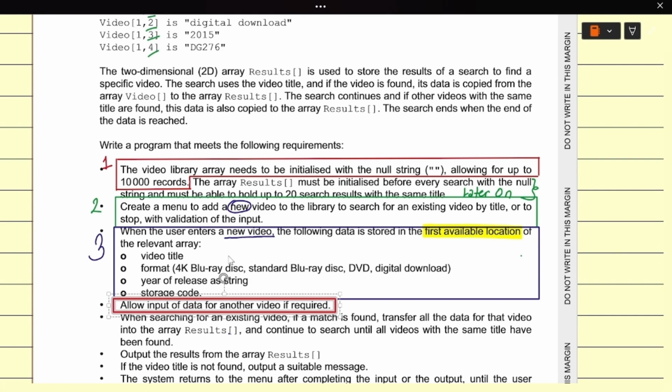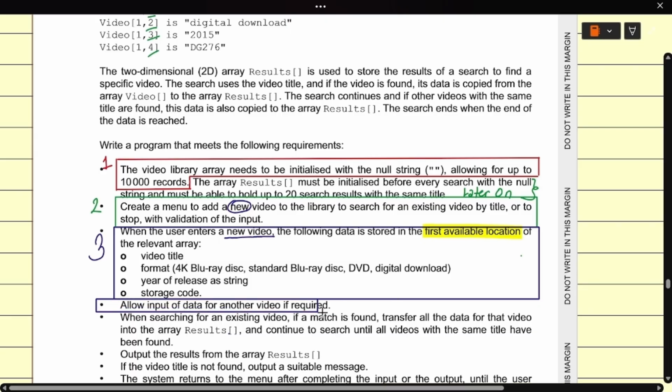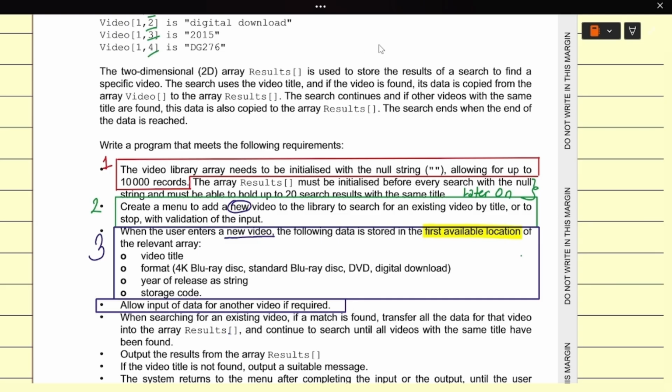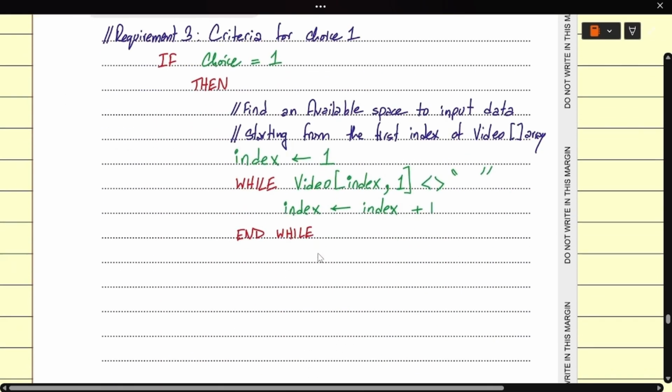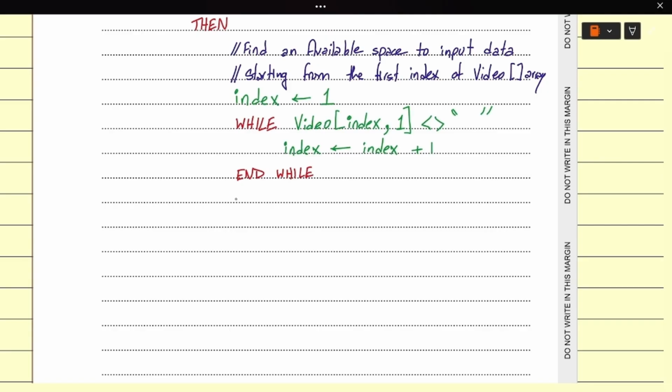So to allow input of data for another video if required, we need to keep on asking the user if they are interested to enter data for more videos.